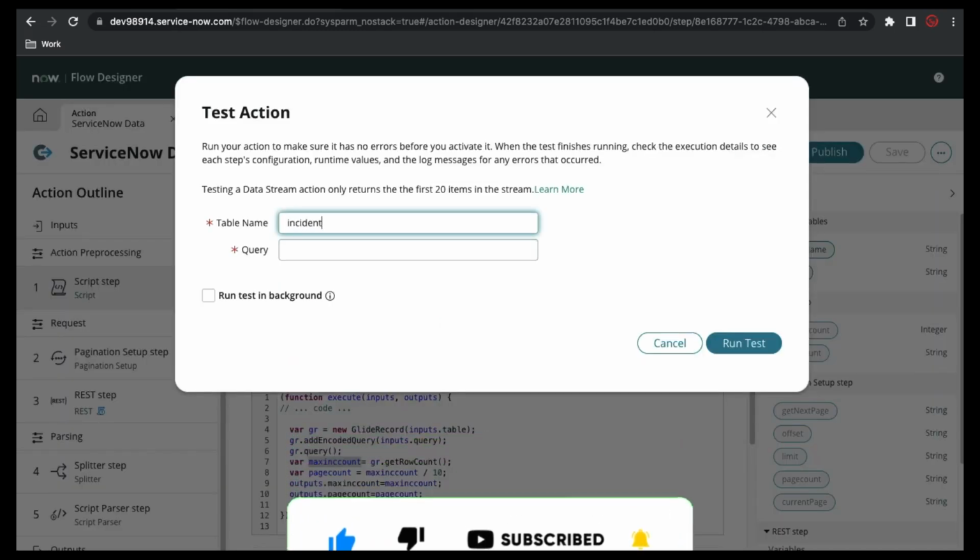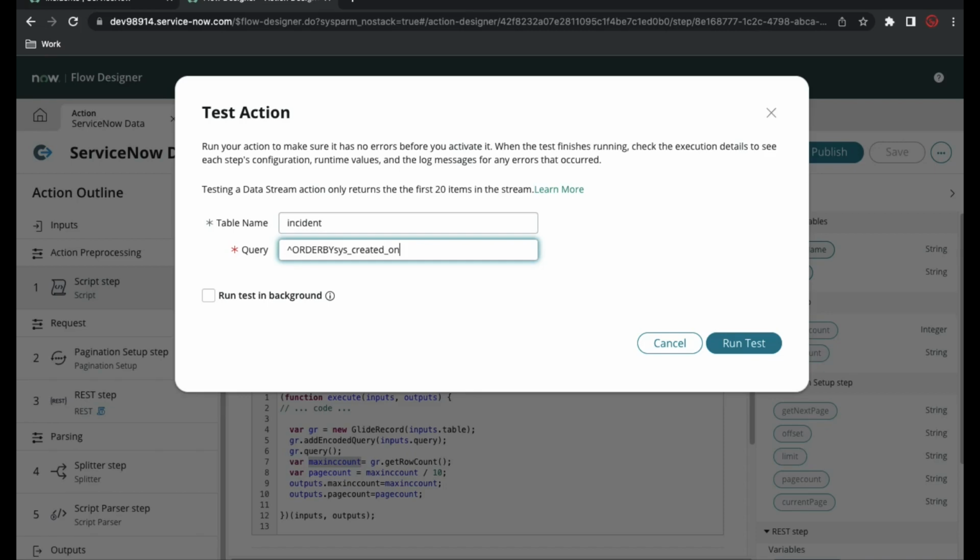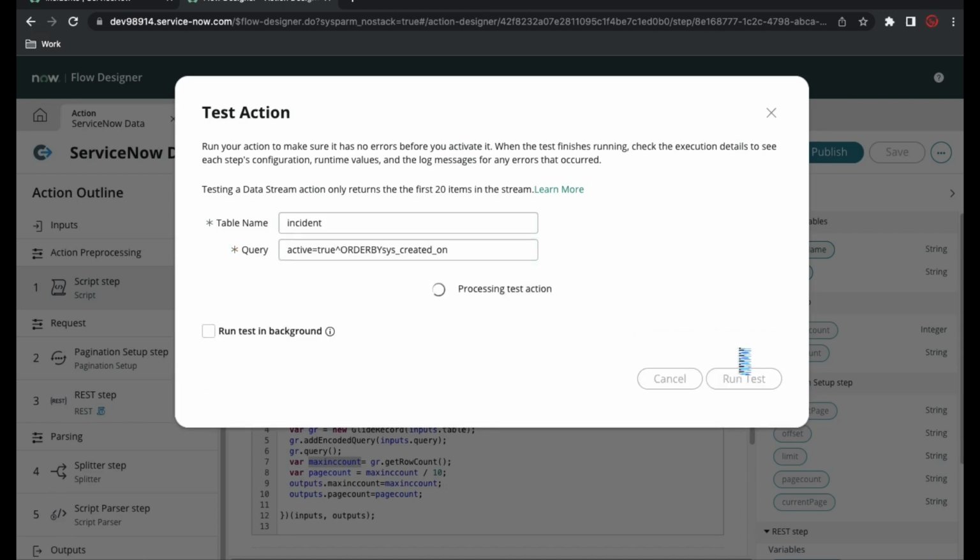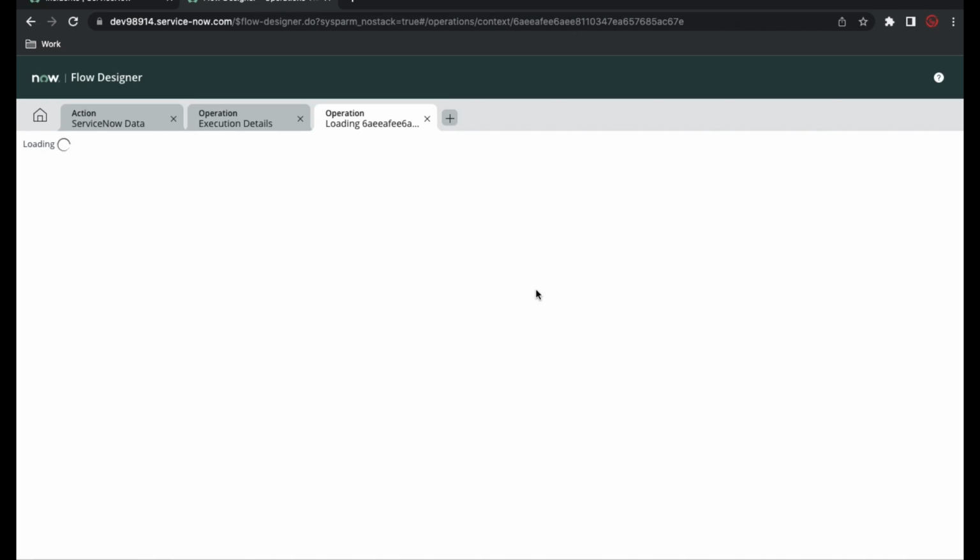So on incident, here we'll set active equal to true and run the test, because this time it will only run 8 times, and the remaining 4 records will be missing. We'll fix that later, but let's run it this time. So if you execute that,